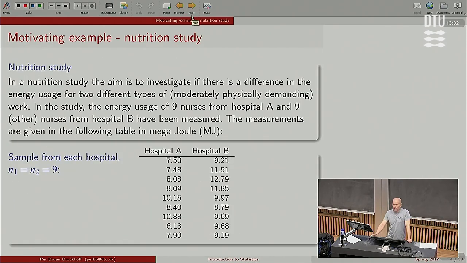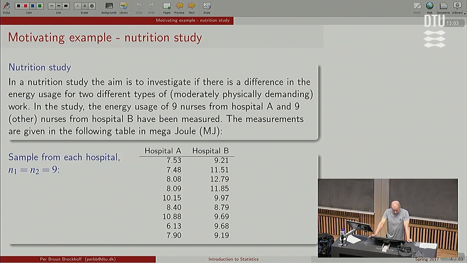Little motivating example. We brought some small toy data that we can play around with for everyone to follow. This is a kind of study you could have done if you studied nutrition, for instance, at the former Agricultural University of Denmark, now part of Copenhagen University. Nutrition is an important thing studied. What should we eat? How should we eat it? And so on and so forth. Or how much energy do we spend on different kinds of work? For instance, here we have,